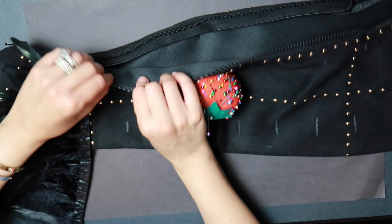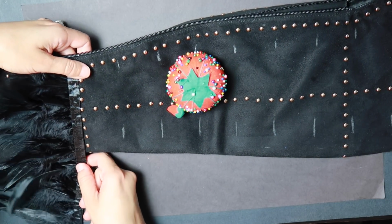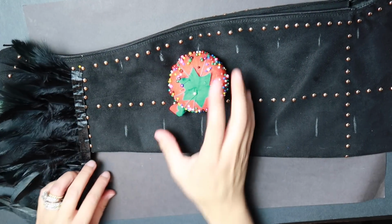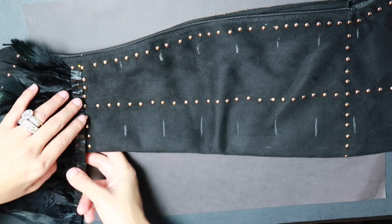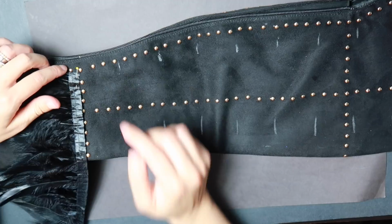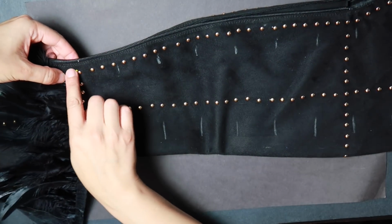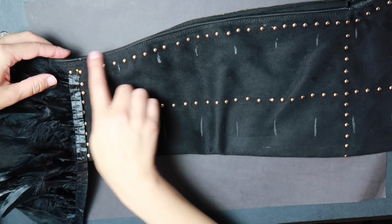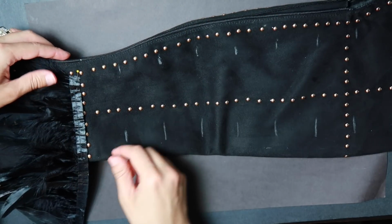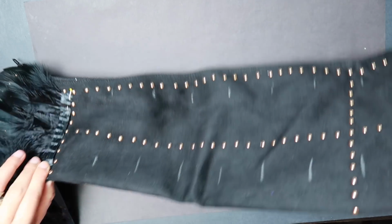Otherwise, it's very thick and difficult to sew through this, as well as through the trim itself. So this is why I'm gluing them. So now what you're going to do is line it up perfectly there, and leave the space where the studs are blank. You're not going to put the trim right against this because you don't want the feathers getting caught in the zipper. So leave it right alongside there, and then flip your boot